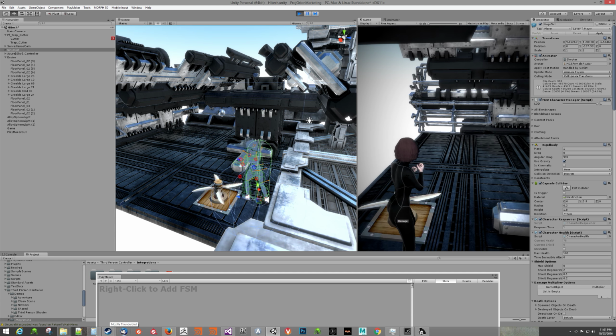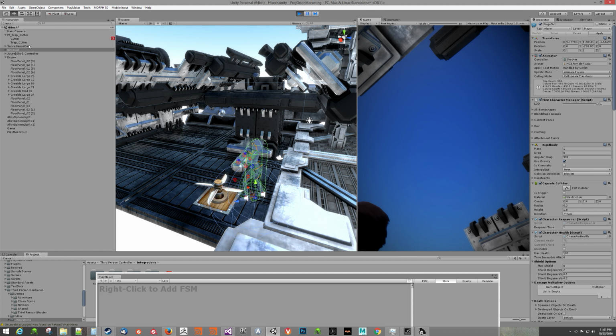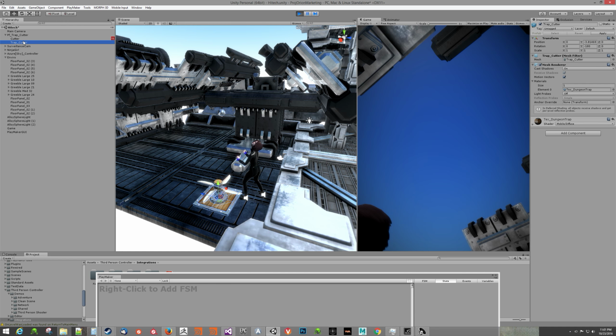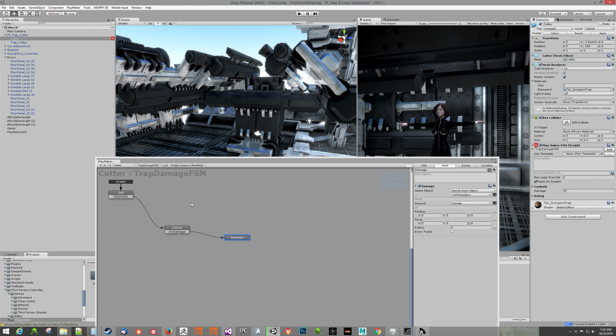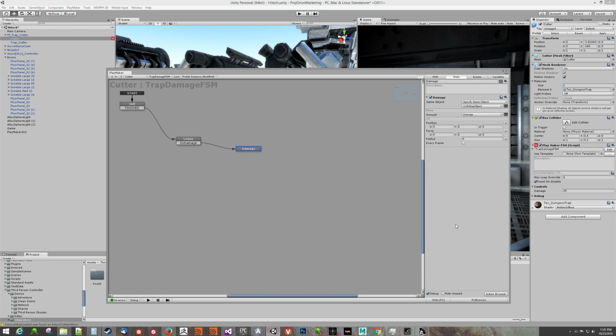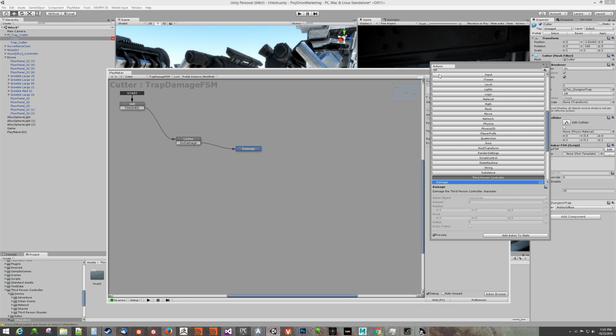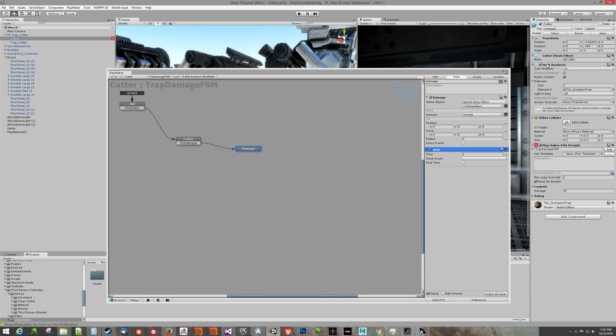Alright, so yeah, it did damage once as you would expect. So when I select this here, we should be still stuck in the damage state. Yep, we're stuck in the damage state. So what we need now is we need to circle back in to listen, create a little loop out of this. So I'm going to go back and I'm going to get the wait action, add that to this state,